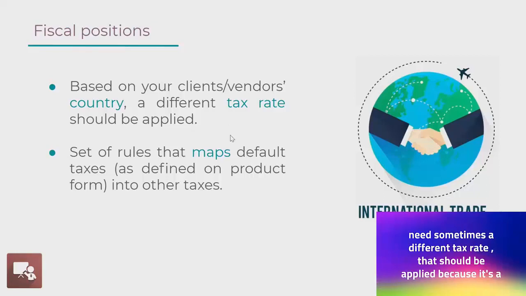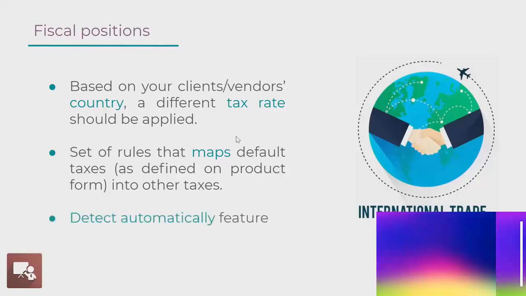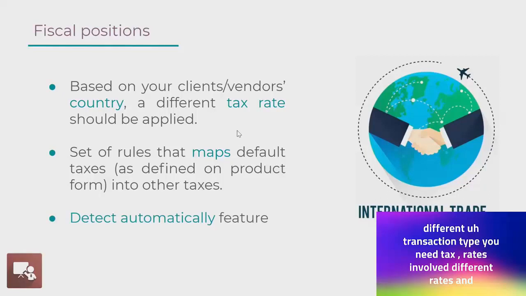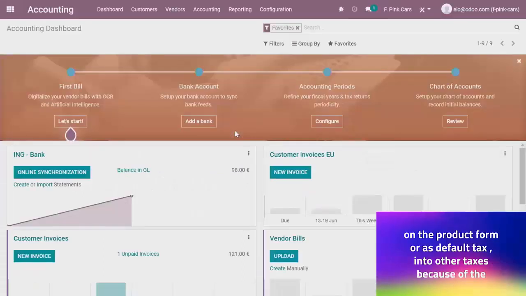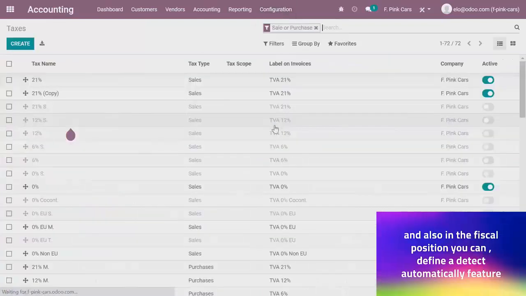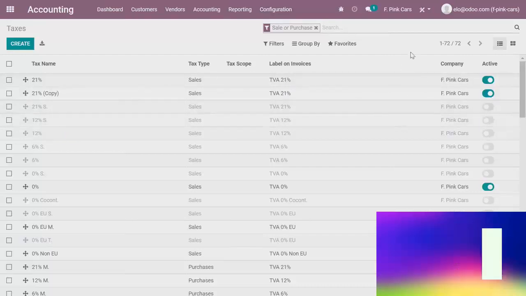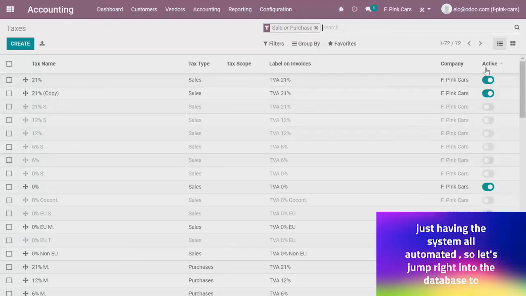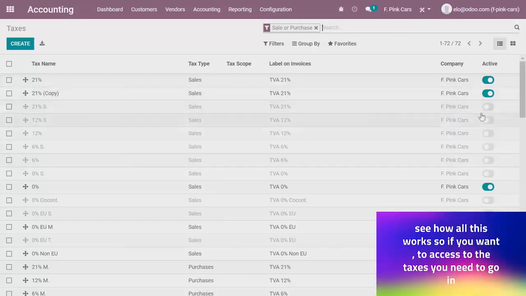Next topic is the fiscal position. So what is a fiscal position? Based on your client's and vendor's country, you sometimes need a different tax rate that should be applied because it's a different transaction type. So a fiscal position is a set of rules that map default taxes, as defined on the product form, into other taxes. Also, in the fiscal position you can define a detect automatically feature,